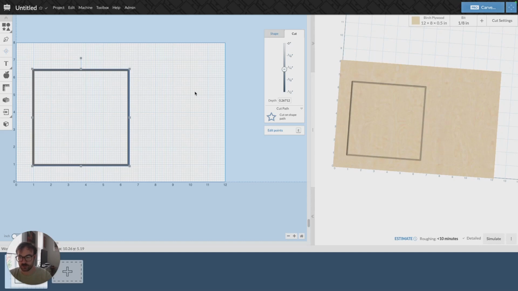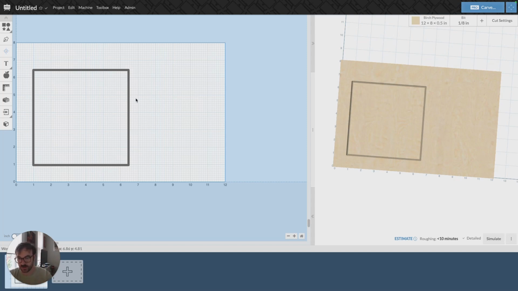Today we're going to talk through how to add extra cut depth to one of your objects in Easel. Let's say you're cutting something out and you're like, well, the wood measures pretty close to the same, but there might be a little bit of variance. This allows you to account for that by adjusting the cut depth of your object without changing your material dimensions